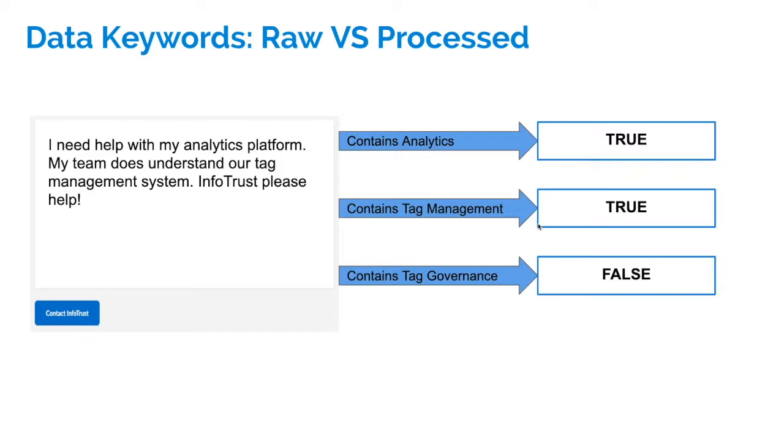Now, the reason that you want to store raw data, because some of you might be thinking, if your goal was to find out if it contains certain words, why would you ever store the raw data? Why wouldn't you just process it and store that? Right now, the only thing we're looking for is analytics, tag management, and governance, and whether it was included. But later, we might want to know, did they put the word InfoTrust in there? And if we process it now and only store the processed results, we can never find other insights from it